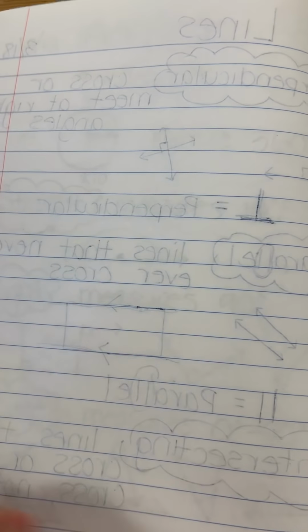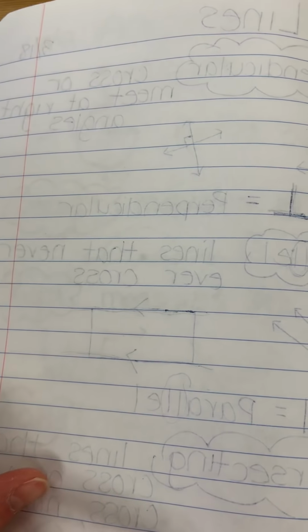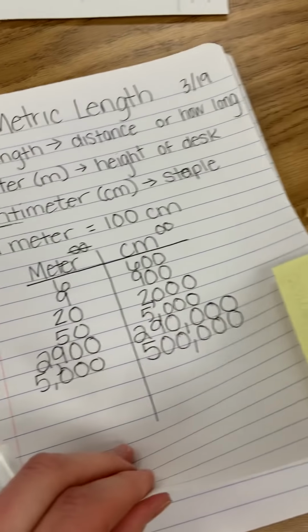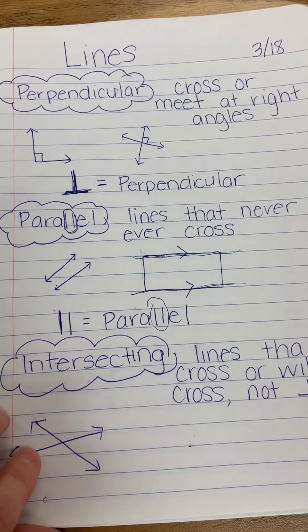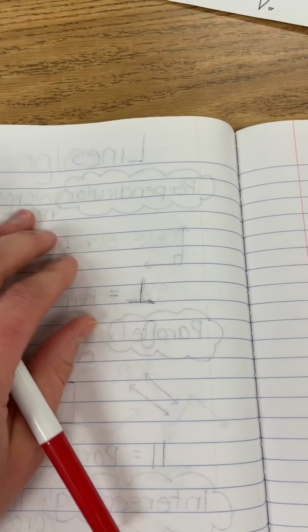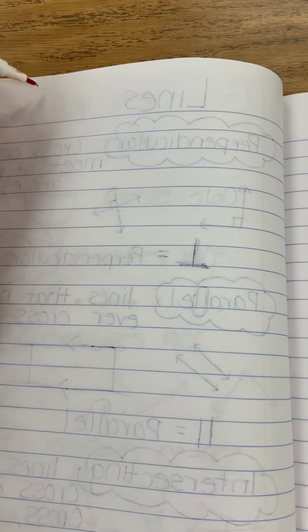First, we need our notes. I need you to turn to your geometry section in your notebook. Here's the measurement section, here's geometry. Our last notes were the lines notes. I need you to flip and go to the next page. At the top of the page, I need you to write